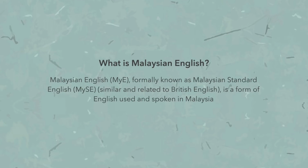It is a standard form of English with a bit of that Malaysian pronunciation, but there are words that are only used in Malaysia. We think that those are the proper words, but if you were to speak these words to someone from Britain or someone from America, they'll be like, what the heck is going on here? One of the most common Malaysian English words, which we think is English but it's really not really that English,